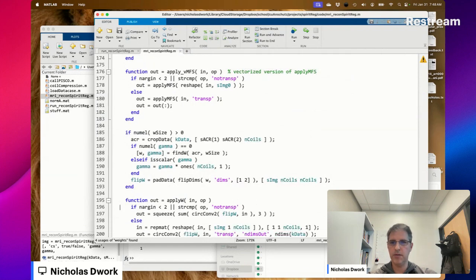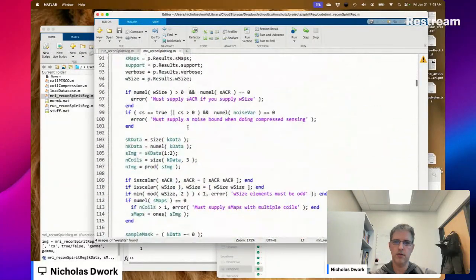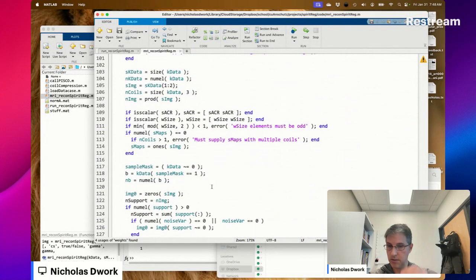You wouldn't do SPIRiT regularization with just one image, of course.